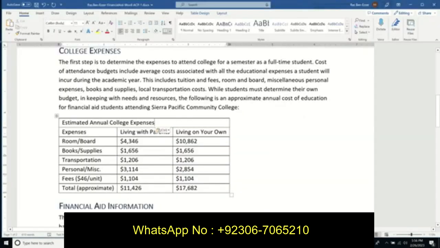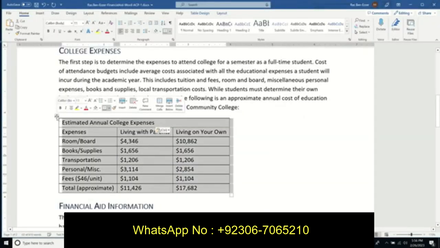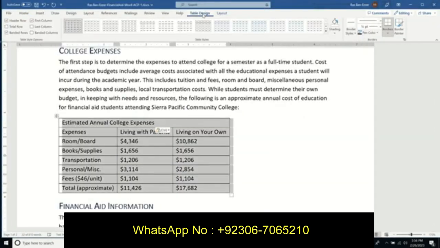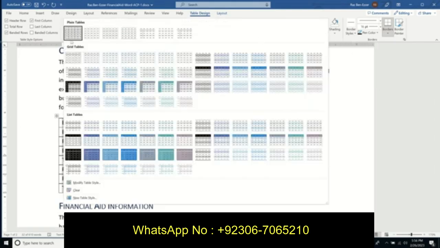Grid 4 accent 4. So again, table selected. That's going to be under table design. I'm opening the table gallery. On Mac, it would be a button in the bottom center. Here on Windows, it's the bottom right. And I'm looking at all the grid tables, and I'm looking for the line that says grid table